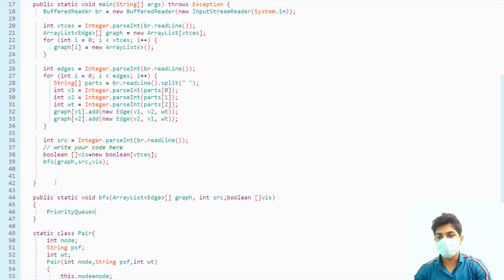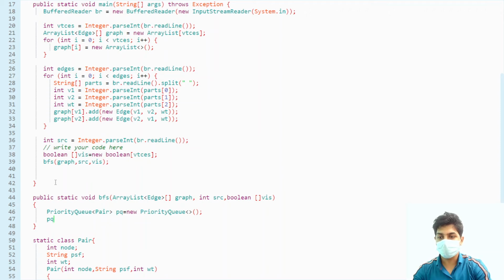For a better understanding of priority queues, you can watch the videos on priority queues present on our channel. But for now I have explained what a priority queue is and how it works. We want a priority queue of Pair, priority queue equal to new PriorityQueue. Now inside this priority queue we will add our new Pair of source node.